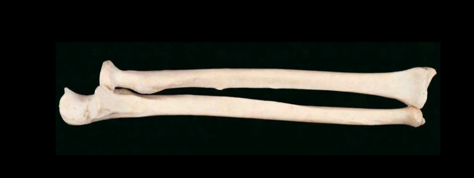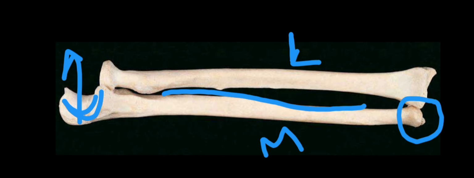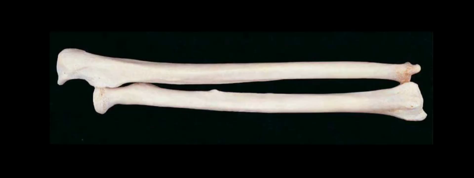To determine the side and keep it in anatomical position, the bone should be held vertically in such a way that the hook-like process is directed upwards with the concavity facing forwards. Then we have to see that the sharpest border is facing laterally. This will be the lateral aspect and this will be the medial aspect, and the lower end should have the head of ulna and a styloid process, which is seen posteromedially.